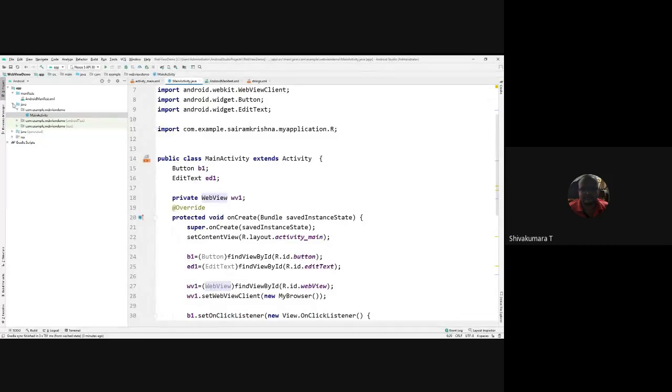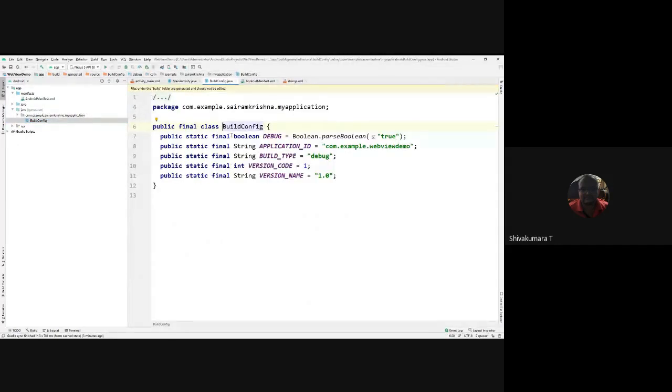So under the Java, you are able to see another Java folder which is generated. It is a default system-generated Java file. It will consist of the build configuration, such as the application ID.